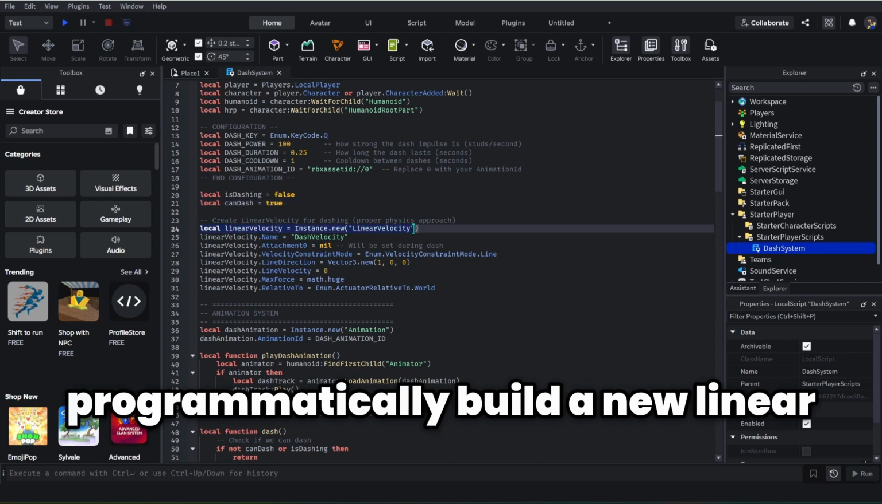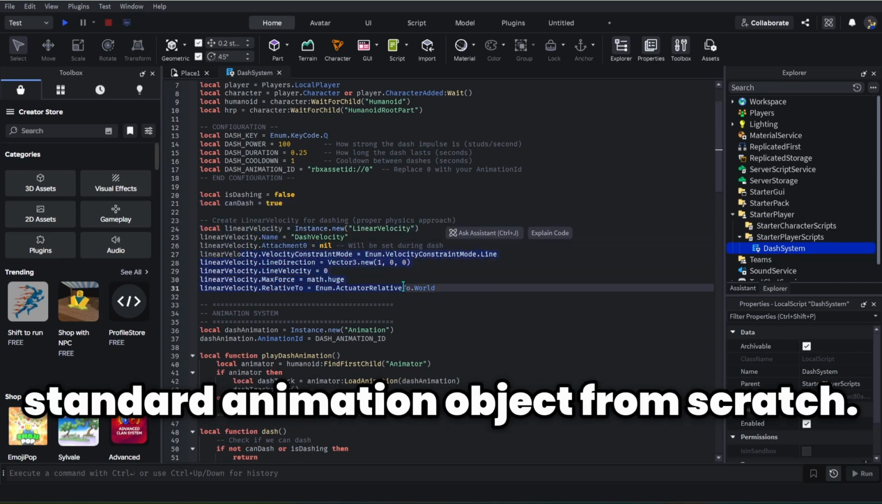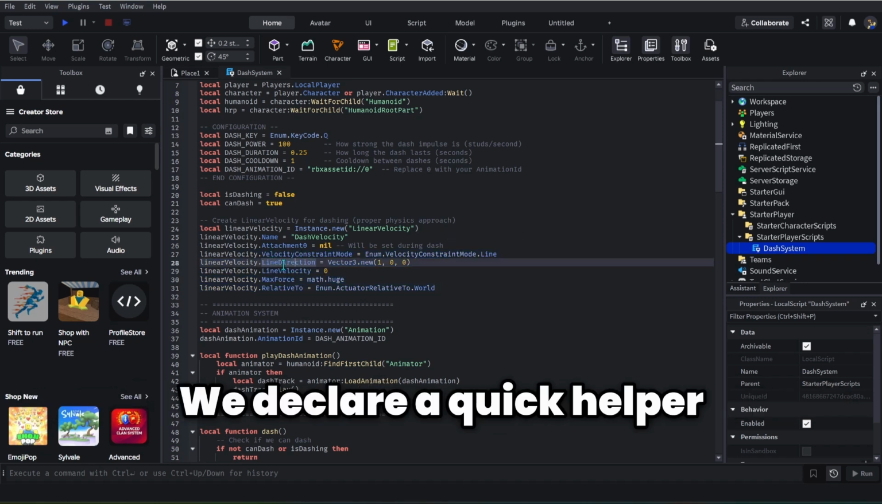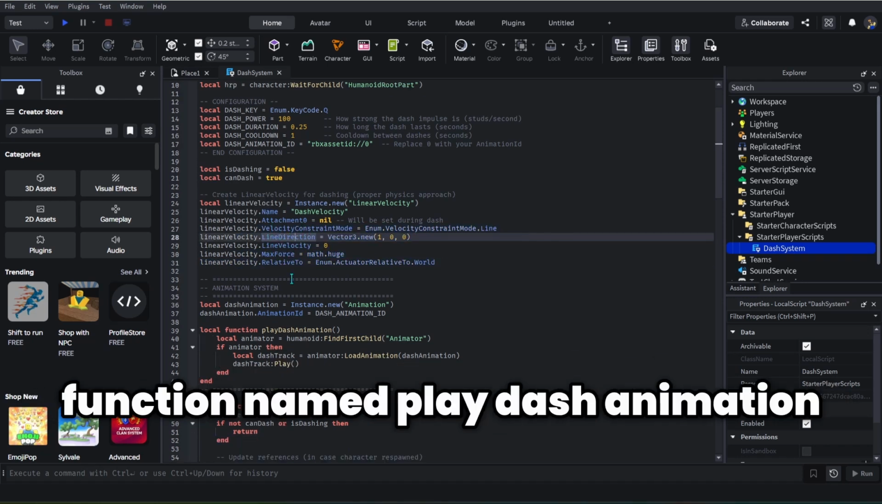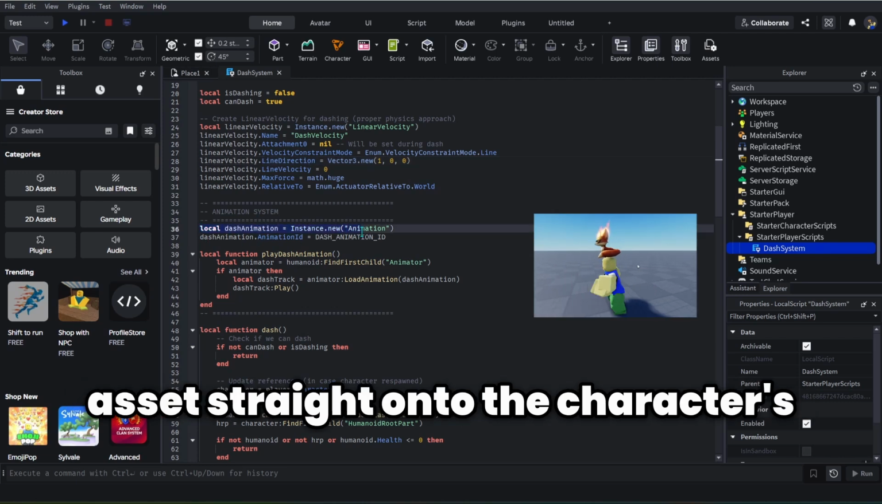Then programmatically build a new linear velocity physics instance and a standard animation object from scratch. We declare a quick helper function named play-animation that loads our configured animation asset straight onto the character's animator track